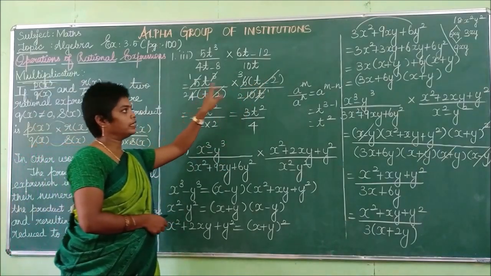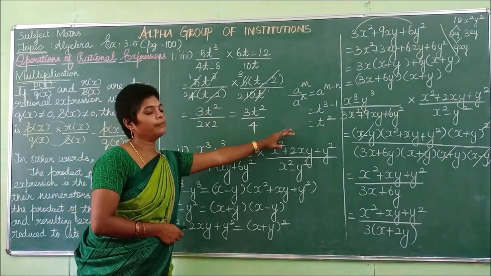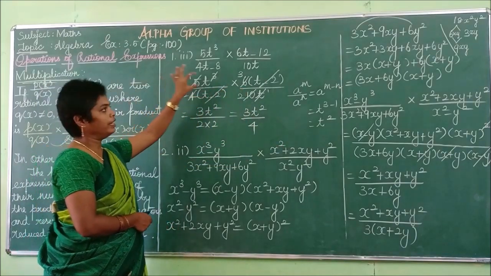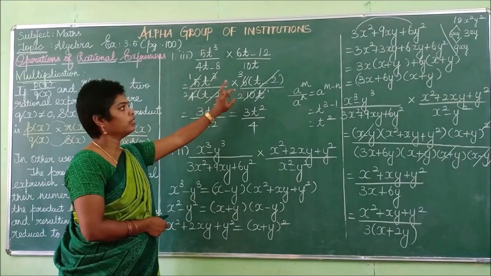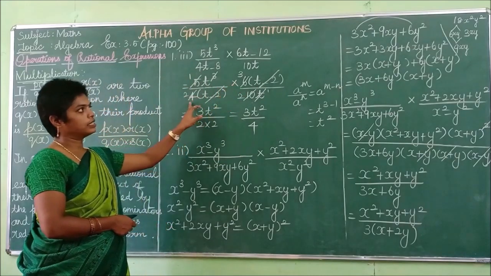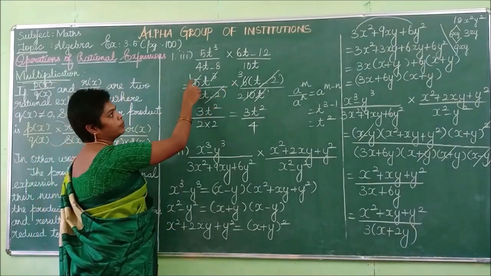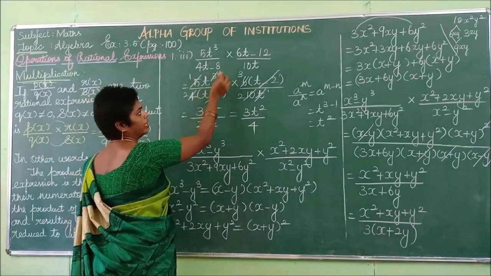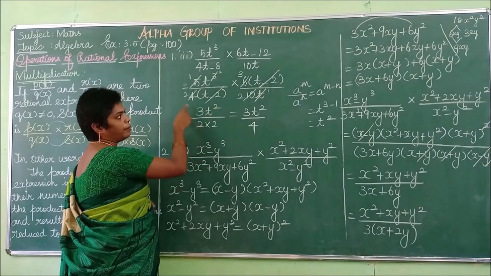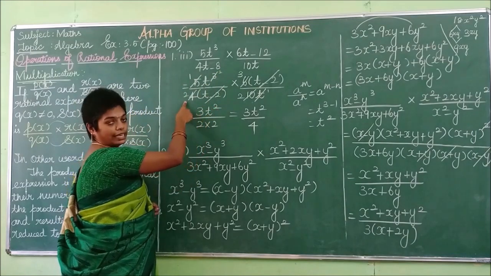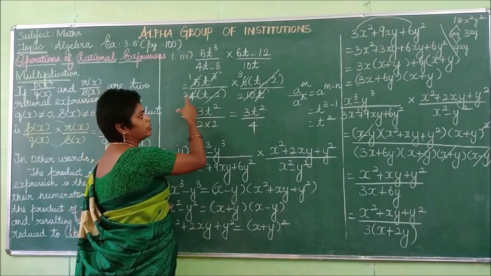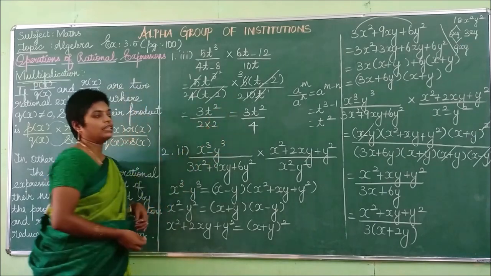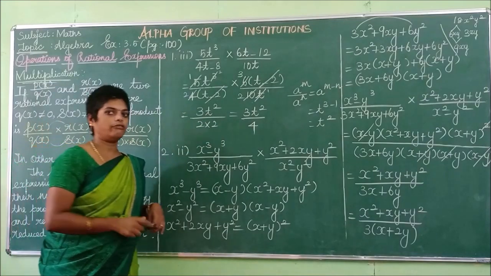First you cancel the t term using this formula. Then t minus 2, t minus 2 both are the same. Then the 5 table can cancel this 5 and 10. The 2 table you can cancel this 6 and 4. What are the remaining terms? 1 into 3 is 3. Then the remaining term here is t squared. 3t squared divided by, here all gets cancelled except the numbers. So what are the numbers? 2 into 2, which is nothing but 4. So the final answer is 3t squared by 4.